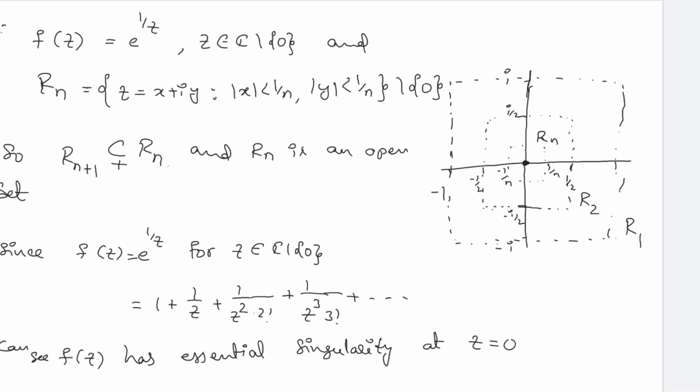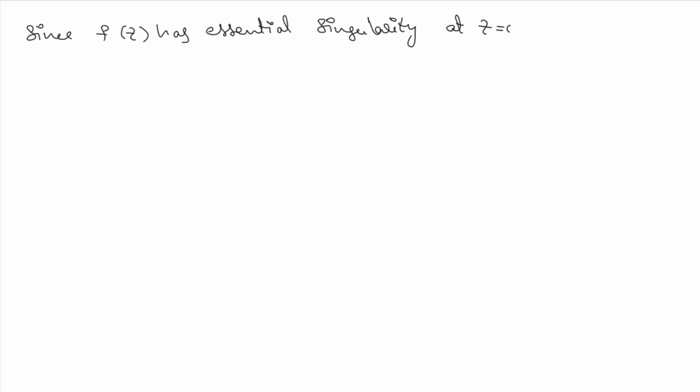That is, since f of z has an essential singularity at z equal to 0, and as 0 does not belong to Rn for all n, by the Casorati-Weierstrass theorem,